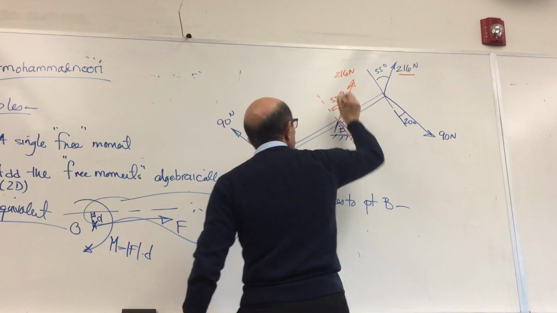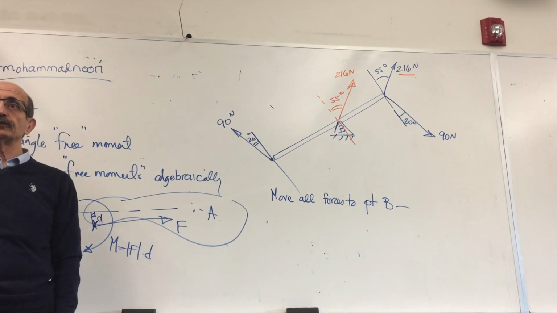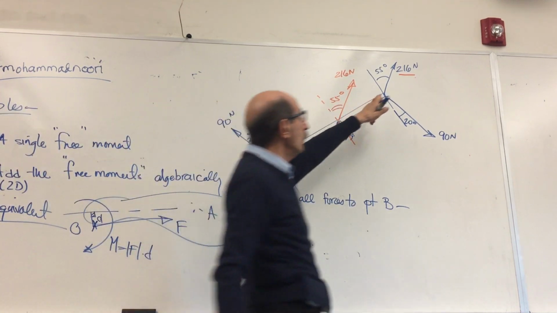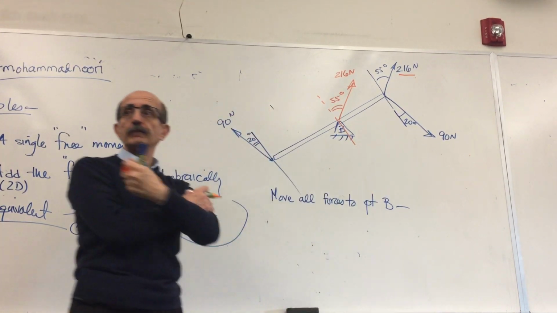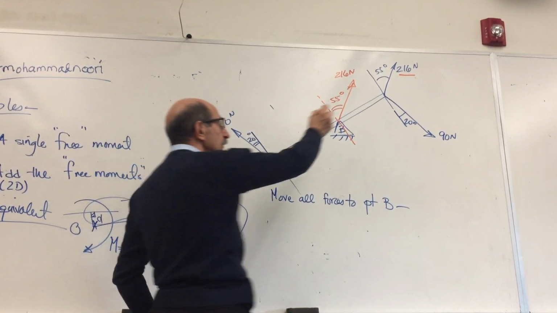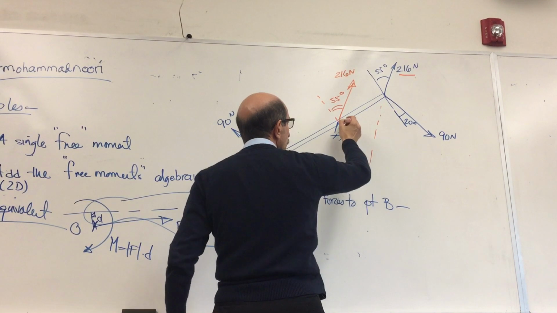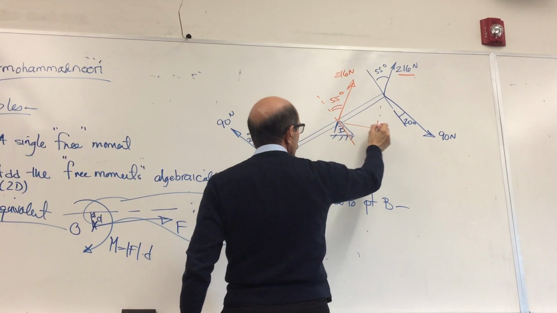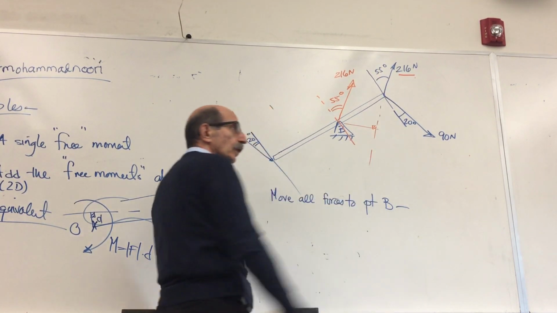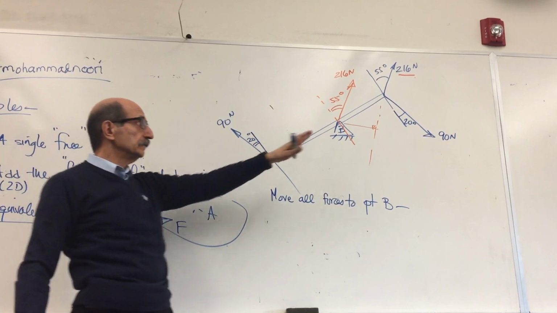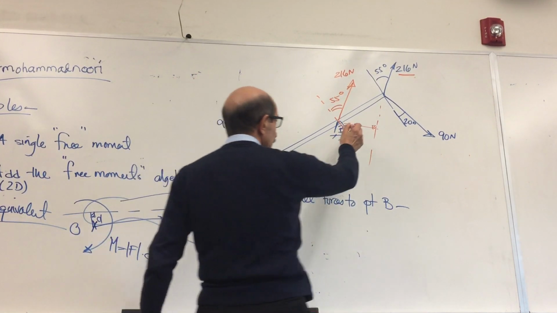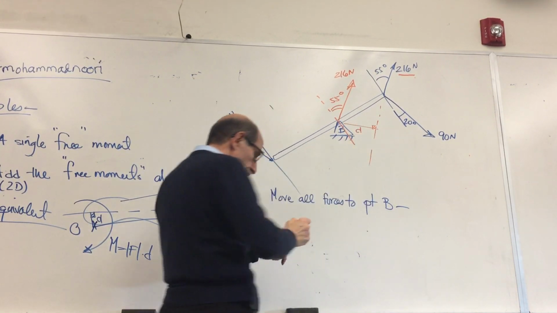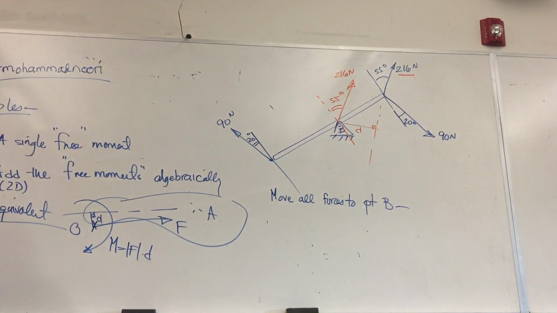In order for me to do that, what do I have to do? I need to add the moment that this force generates about point B and put it on the structure. How do I find the moment of this force about that point? I need to find the vertical distance from here to the line of action of that force, and find that moment, put it here. Obviously, as you can see, it's not easy to find this vertical distance. So what do we do? We will remember